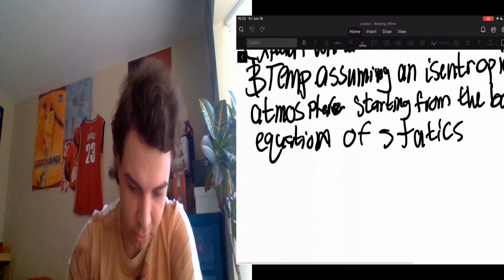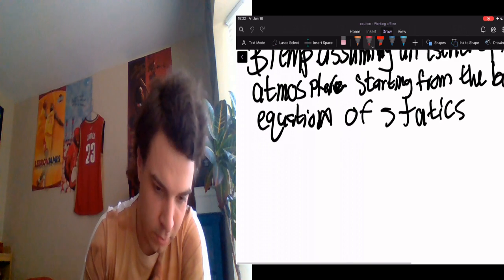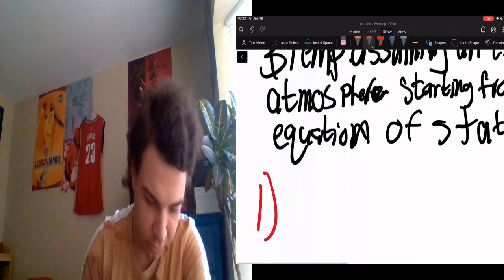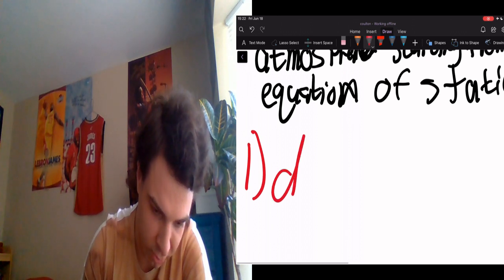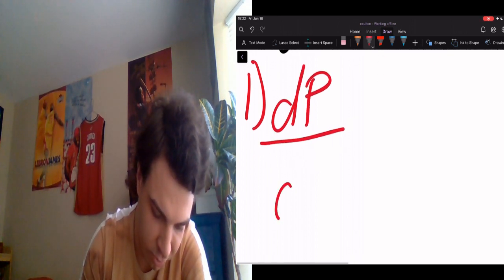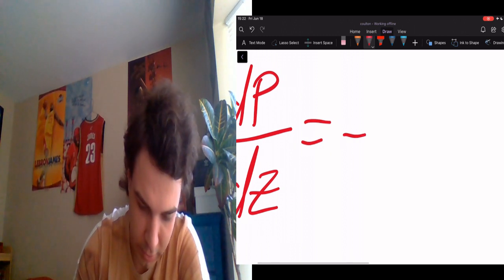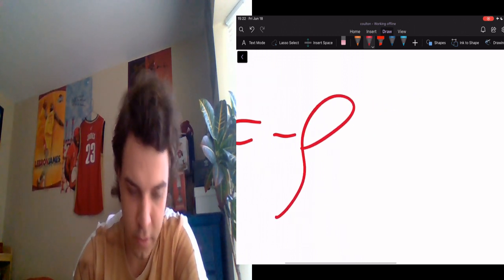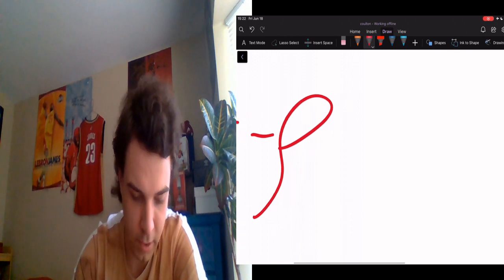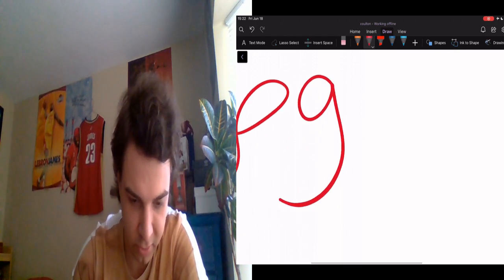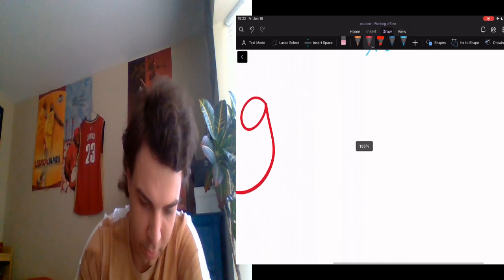We're going to start with the law of statics, which is the change in pressure over the change in height or altitude is equal to negative rho, which is the gas density, times the gravity, which is 9.8. And the second one